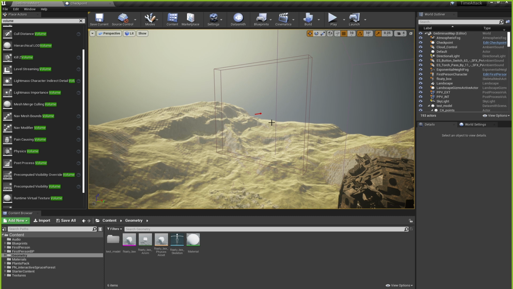Now how to add some fun stuff to the checkpoint, right? I showed you the floating red box, but perhaps we can do